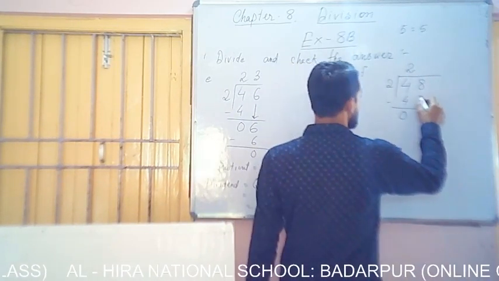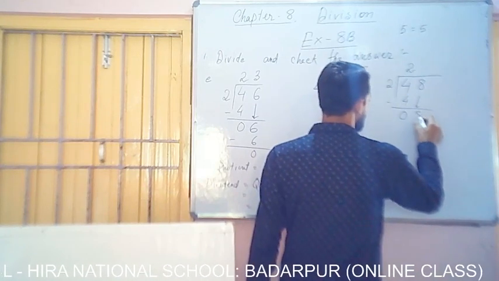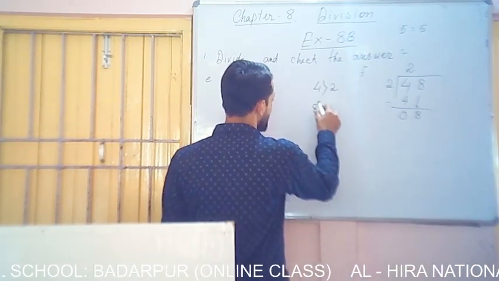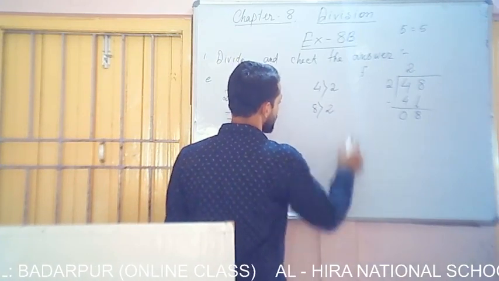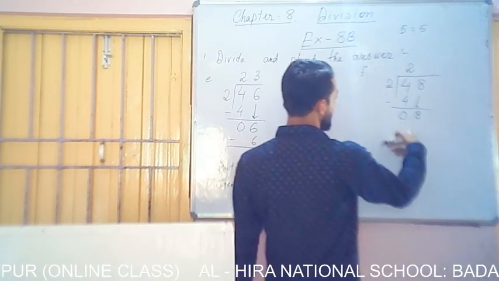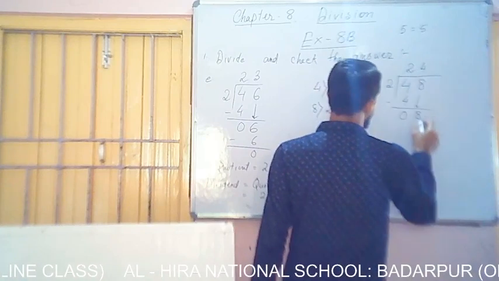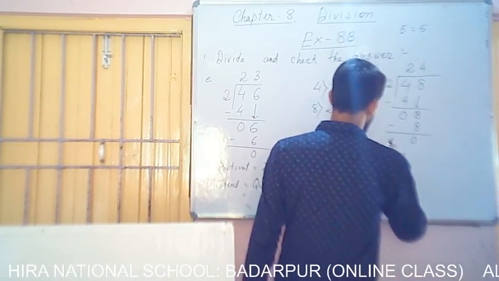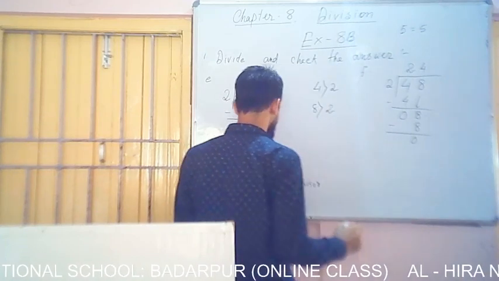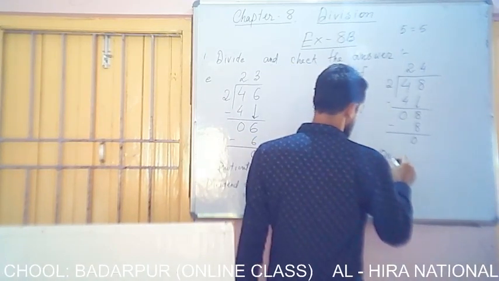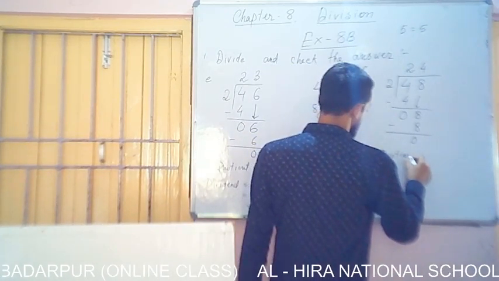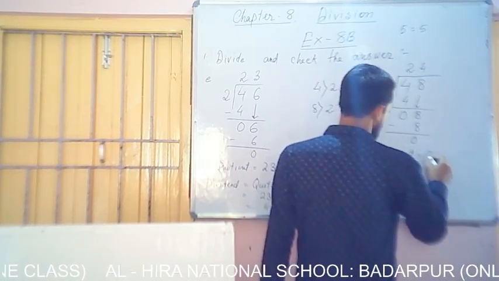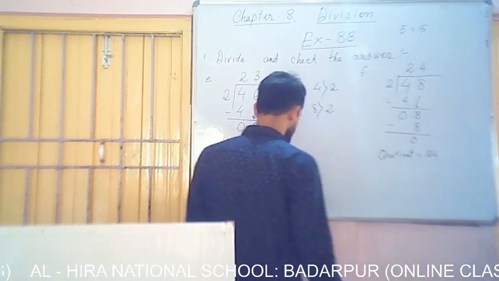Now we have to bring down 8 ones here. Okay. So here again we can see 8 is greater than 2. That means we can divide 8 by 2. So 2 4s are what? 8. Again we have to subtract. After subtracting, the result is 0. So now like earlier, remainder is 0. That is why we need to write down the quotient only. Quotient is what? 24.